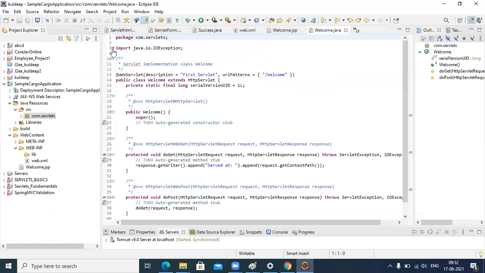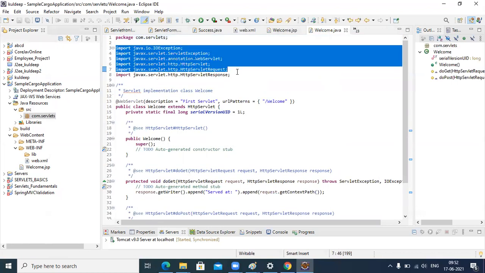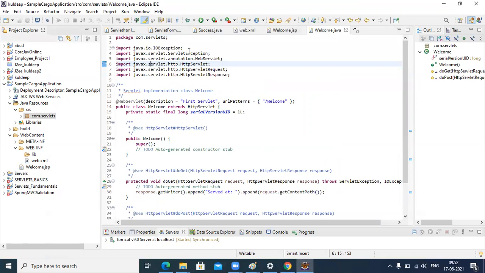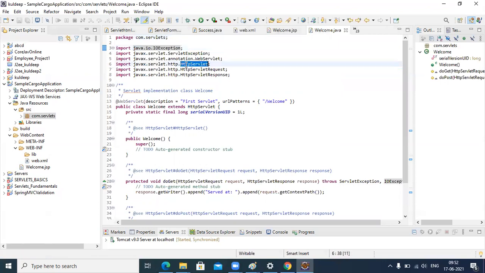So it has created a template for the servlet. These are the predefined packages which are imported. javax.servlet is for ServletException and IOException, and this is for HttpServlet, ServletRequest and ServletResponse. Now let me remove this.